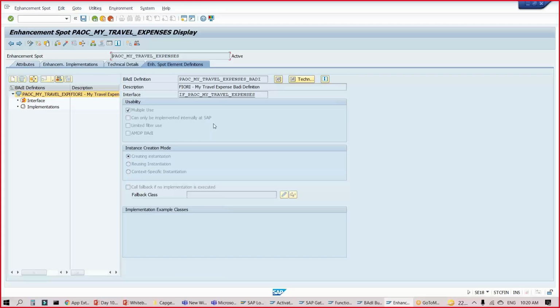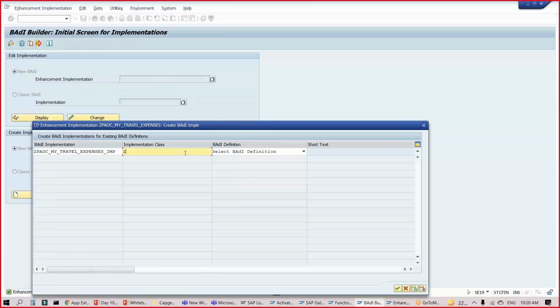And give you the name of the class. So you see this is the interface name. Usually you can take this and just come back and put ZCL class underscore the name. So this is how we can typically give. We select our body implementation name and we click on OK.